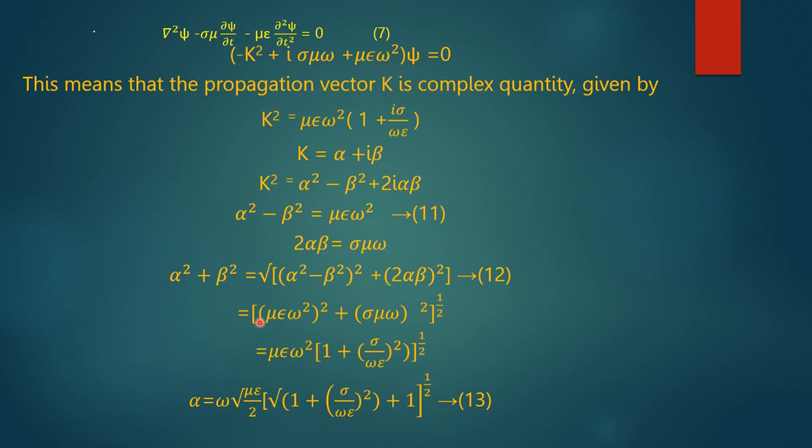is equal to. Now substitute the values: alpha square minus beta square is equal to mu epsilon omega square, so mu epsilon omega square the whole square, plus here 2 alpha beta is equal to sigma mu omega, so sigma mu omega the whole square, is equal to, if we take common mu epsilon omega square, we find root of 1 plus sigma by omega epsilon the whole square,